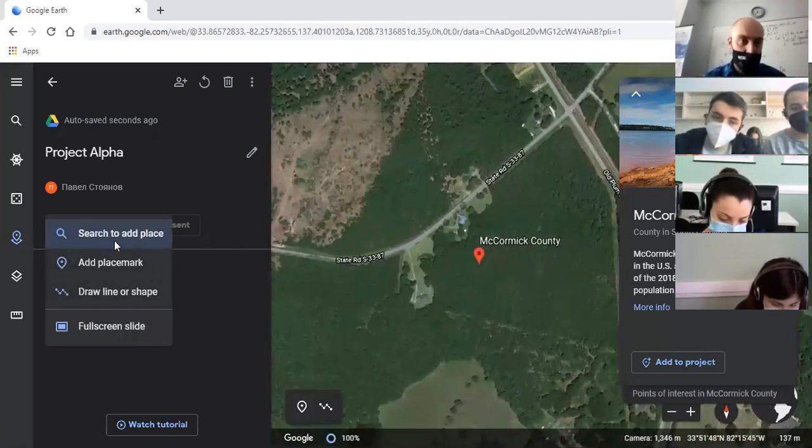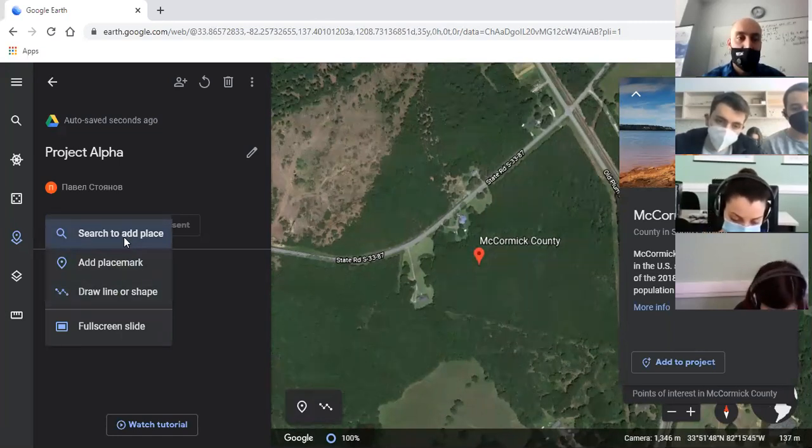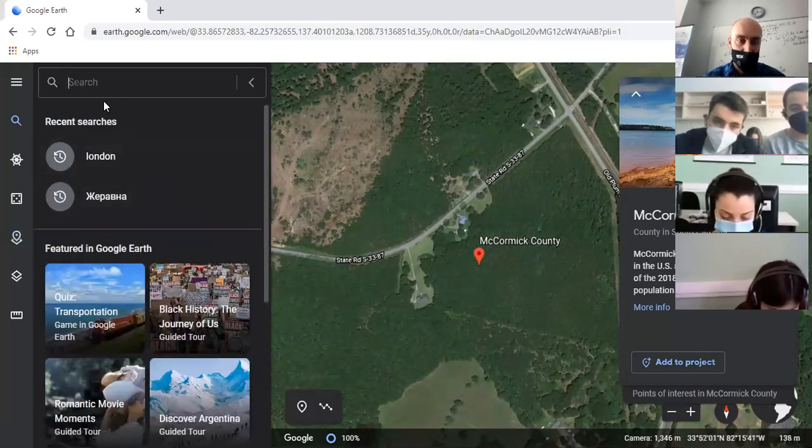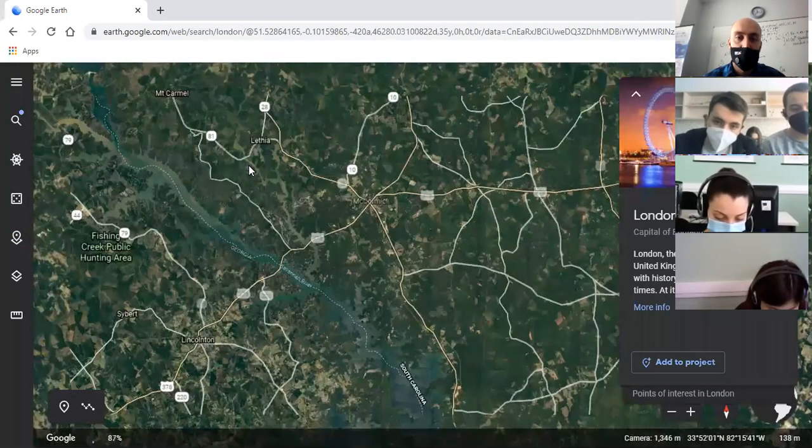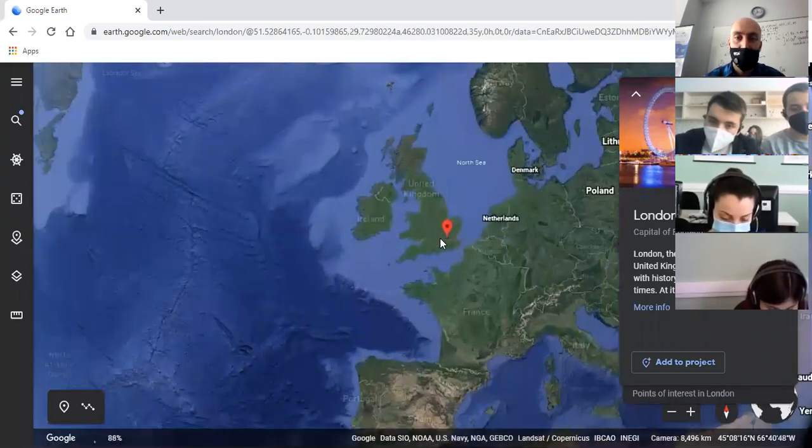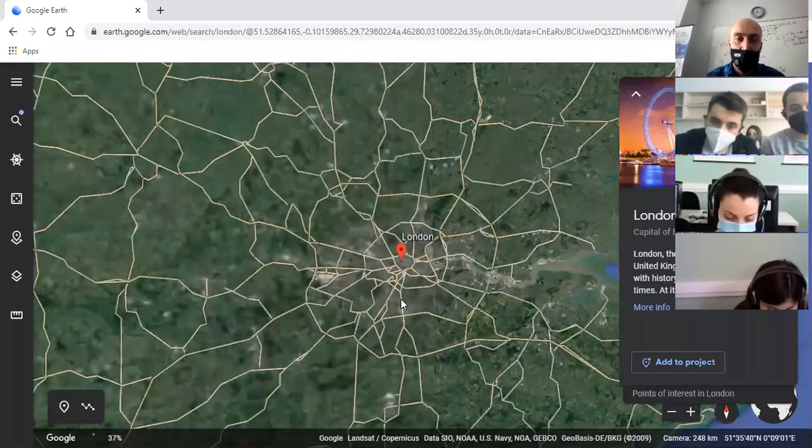can start by doing three different things. We can either search for a place. Let's say, actually, let's start with something that we know more about. Let's say London. We type in London, and then it's gonna take us to the center of London. All right, and then